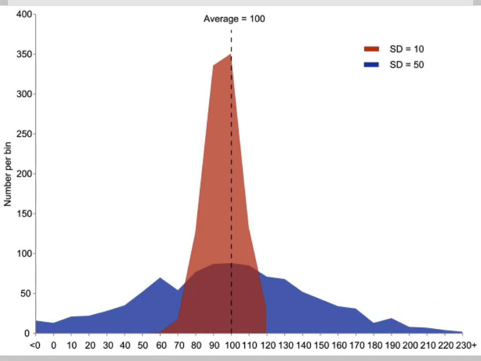But we're going to pretend that this blue color and this red color represent different teams. So we got the red team and we have the blue team. And for the sake of conversation, we're going to say that they're basketball teams. And down here, these numbers represent the number of points that they get in a game. Obviously this is hypothetical, because getting 230 points in a game is pretty dang gnarly if you're a basketball team. But we're going to pretend that these are basketball teams. Okay, you guys with me?